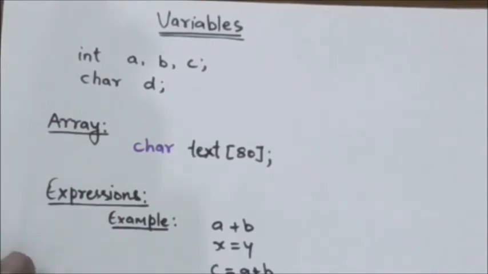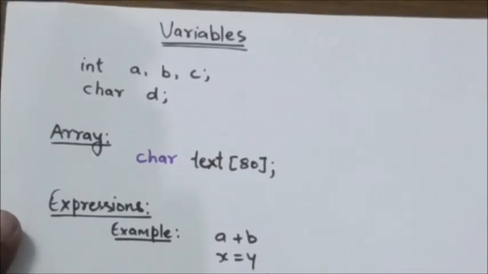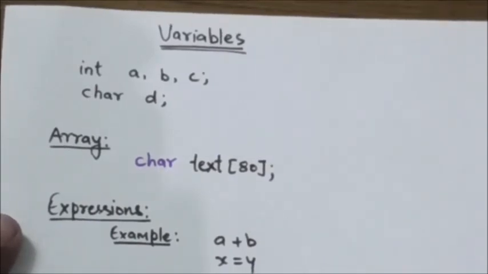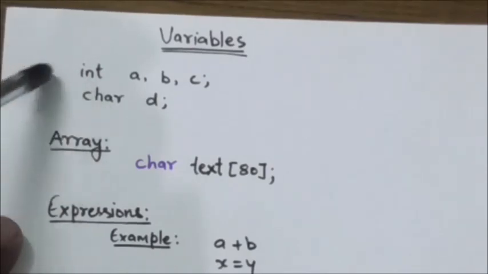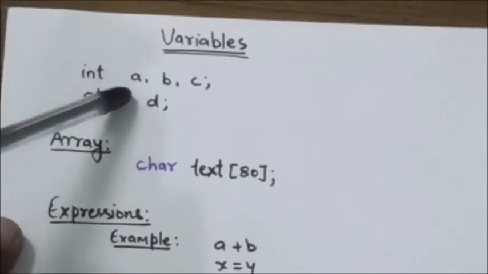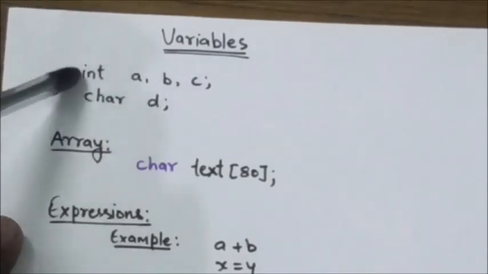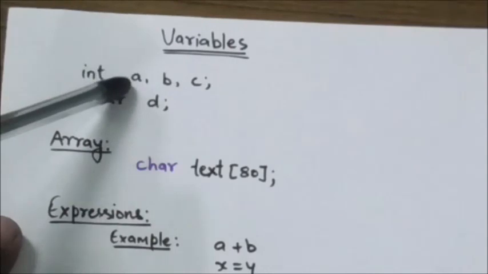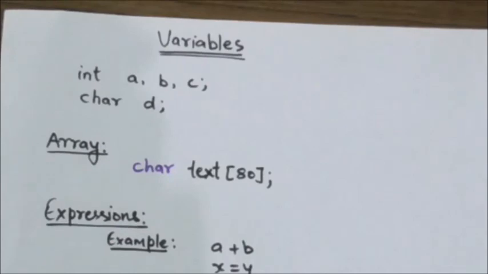Now all variables must be declared before they can appear in executable statements. So what happens in declaration? Actually a declaration associates a group of variables with a specific data type. Here you can see in these two lines, this group of variables A, B and C is associated with the data type integer. So the declaration consists of a data type followed by one or more variable names ending with a semicolon, right? Now the next topic is